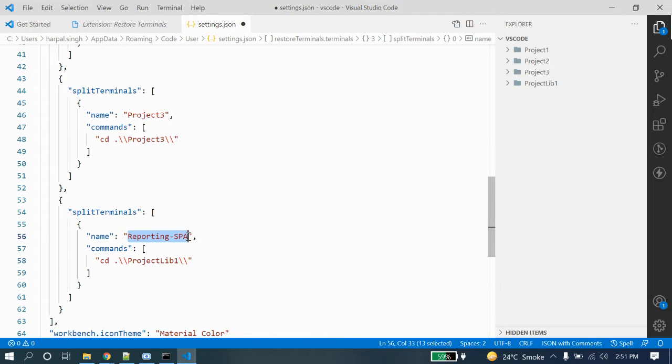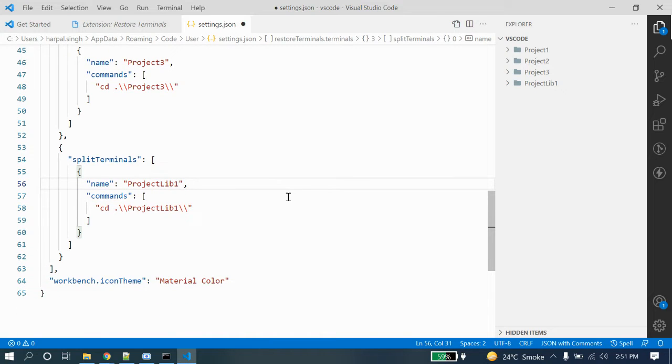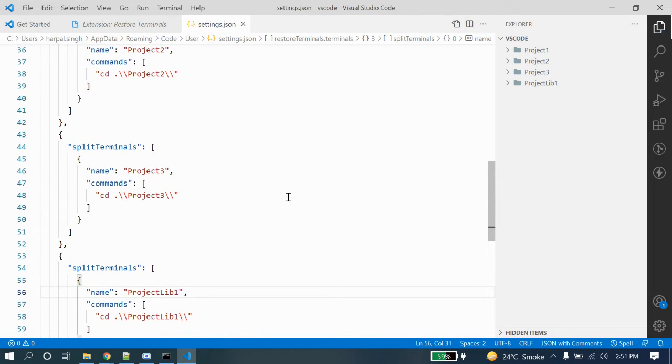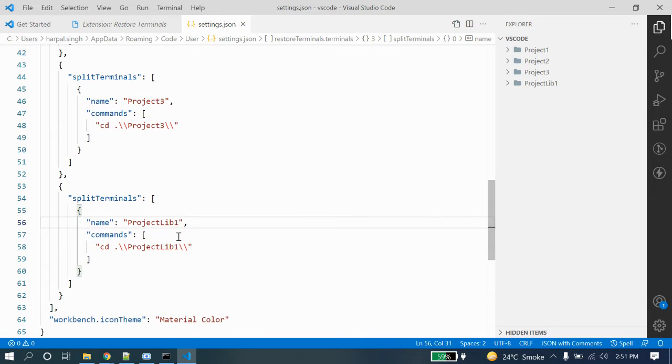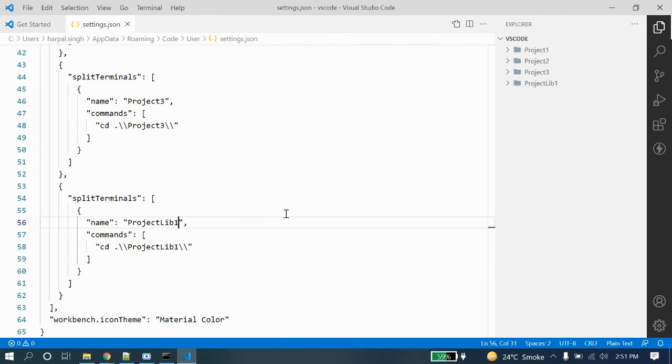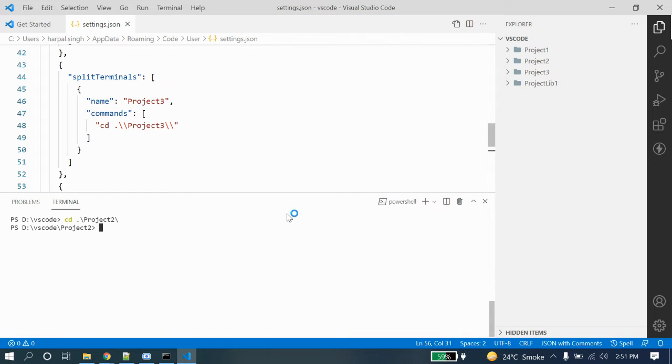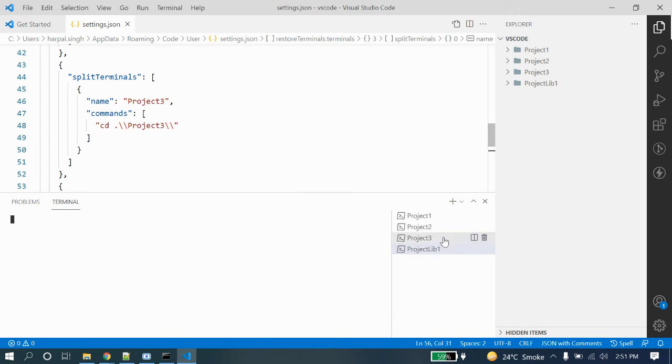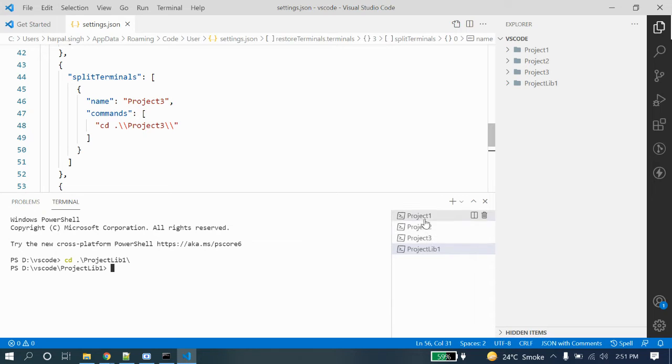When I save this and relaunch my window, and if I look here, I will get those terminals and I can easily switch, and that will move to the directory of that project.